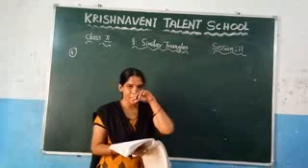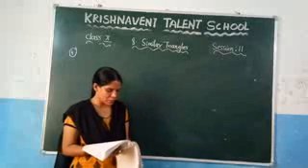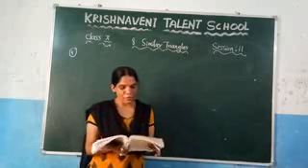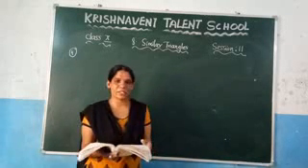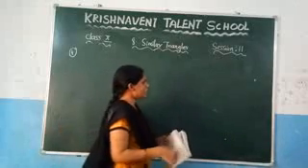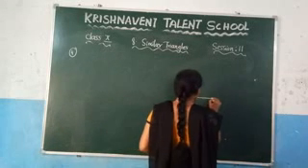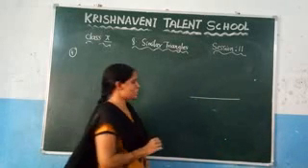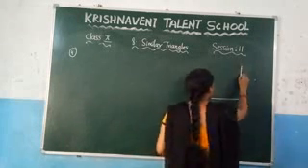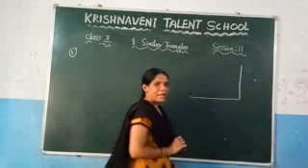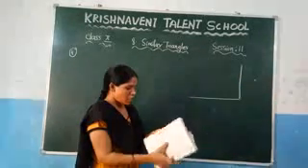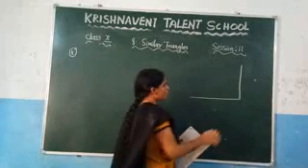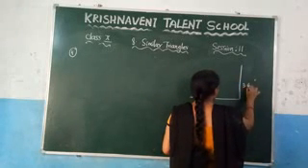So here, let us understand what they are saying in the question. What they are saying here, one lamp post is there above the ground. Let us consider here, this is the ground. Right? And what they are saying here, one lamp post is there. Consider this is the lamp post. And they have given the length of the lamp post above the ground, which is 3.6 meters.